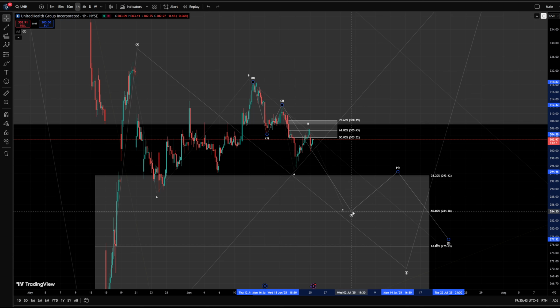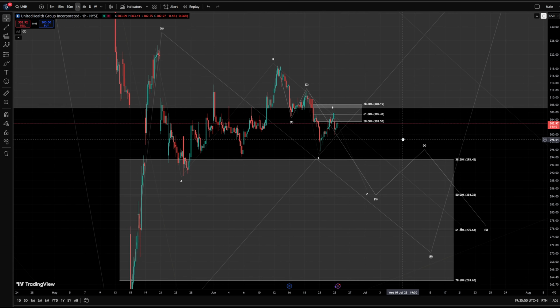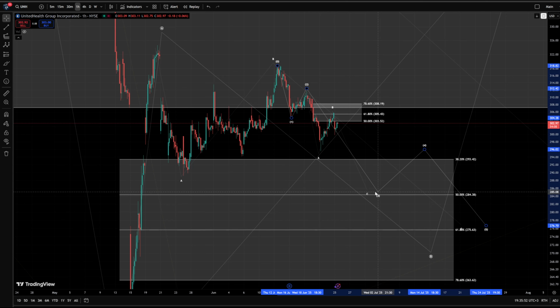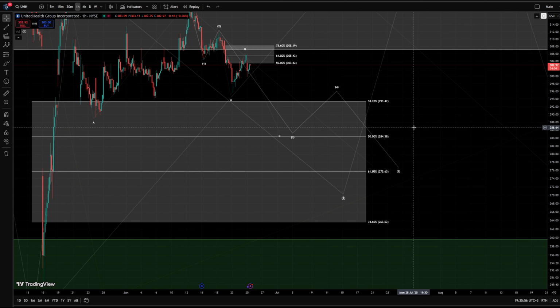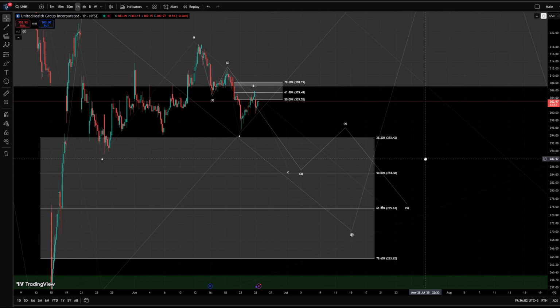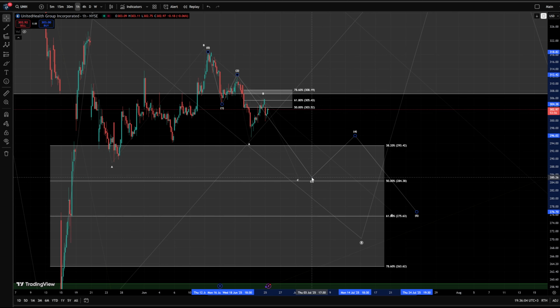And next we should expect a fourth and a fifth wave, but they don't always show up. So if we get to the support zone between $293 and $263, we do want to enter, we should look for an entry maybe towards the end of the third wave